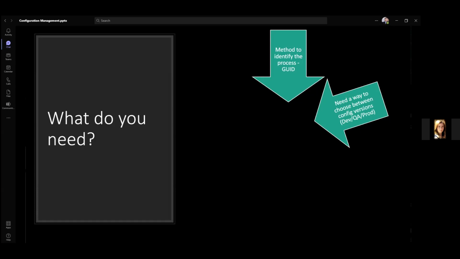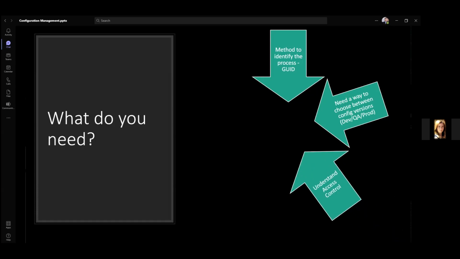You could also potentially have ways of building it into your pipeline or your peer reviews where it automatically switches between dev and production. I mean, we've built that into our pipeline, for instance, so that it can automatically switch the value to production if needed. Okay, something else that you need, and this is potentially optional if you didn't want to do access control,